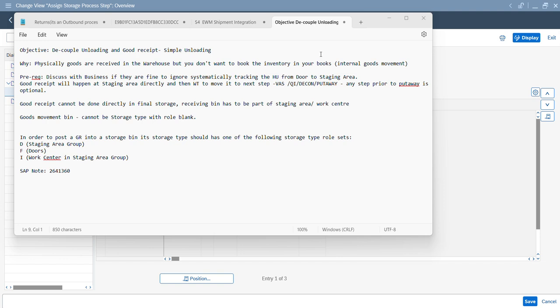achieve the requirement of decoupling the unloading and the good receipt step. And this is what we are talking about here, called a simple unloading. It is also possible in the complex unloading, but the sequence of events is different. The specific requirement here is that whenever you receive physically, you have received the pallet or the boxes, then you